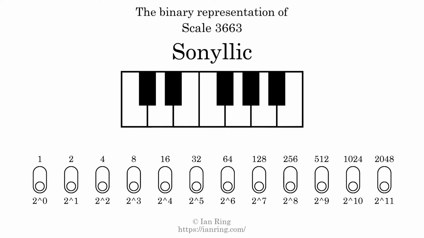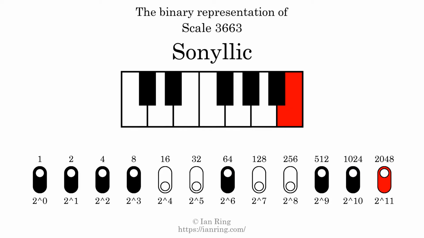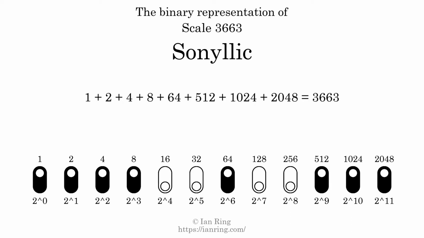The binary representation of this scale is determined by mapping tones of the scale to binary digits. Each binary digit represents a power of 2. To get the scale number, we add the powers of 2 together. The powers of 2 that are present in the scale, all added together, equals 3663. That is why the scale number, in decimal, is